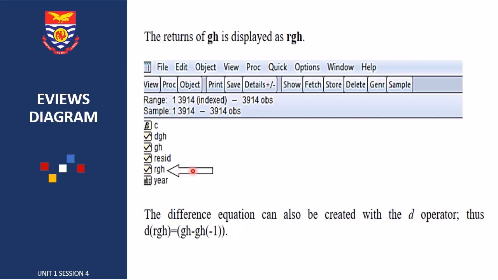indicating that our data has been saved on our EViews application using the difference in the equation. That is the equation that we inserted in the additional dialog box, which popped up in our earlier diagram. So we could see that in EViews, the computation of return series is not as difficult as we think,